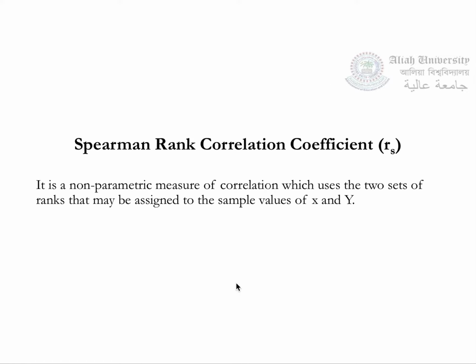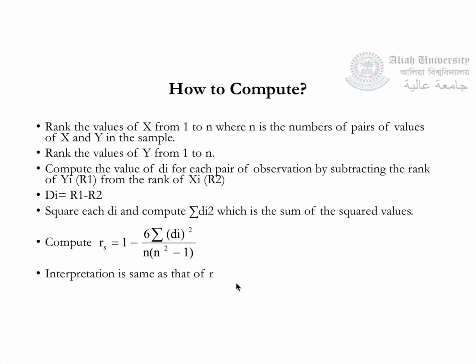Next we move to Spearman rank correlation coefficient. In this, as the name itself suggests, the word rank gets added. So basically, for the different sets of values for x and y, a rank is assigned before calculating the correlation coefficient. We'll try to explain more of this with an example, but what is it that we are supposed to do for calculating the rank correlation coefficient?